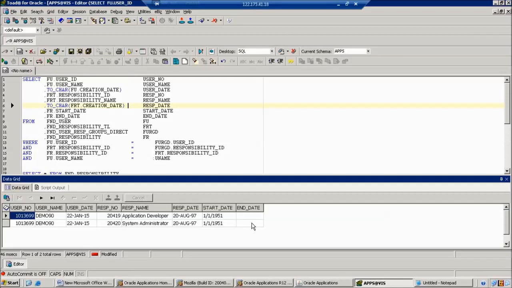I will repeat the question. I want to handle the null value in my end date. If the date is there, suppose some responsibility has an end date, the date is displayed. If the date is not there, it displays 31st December 2020.